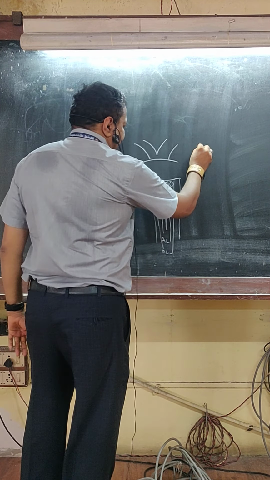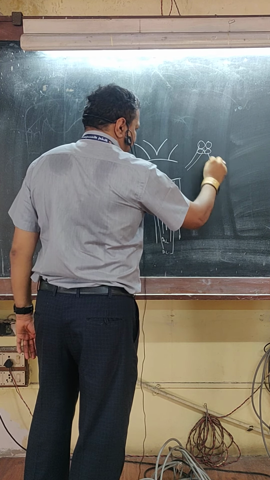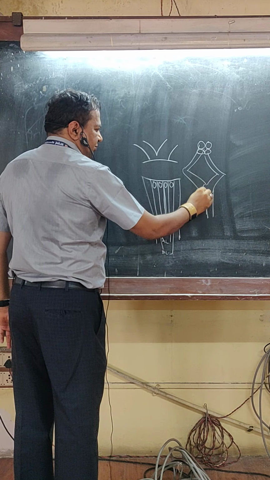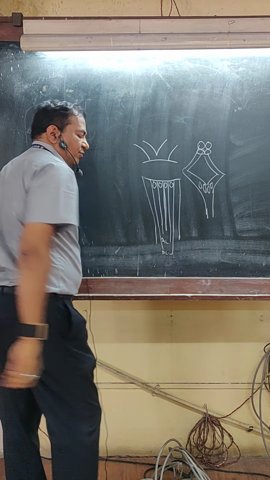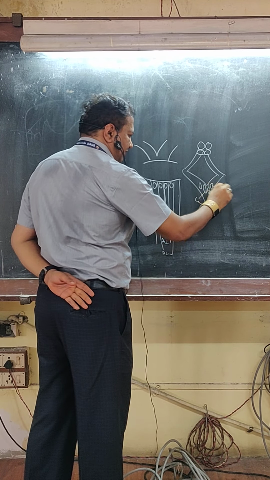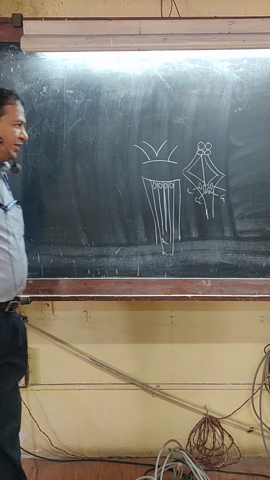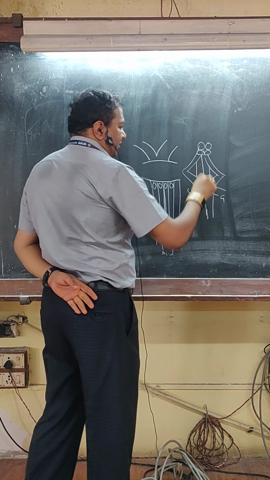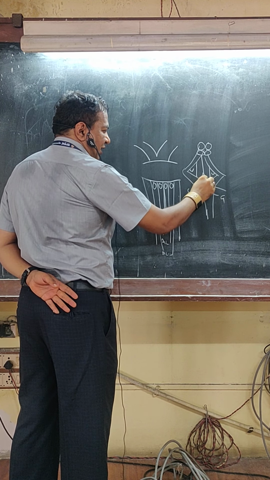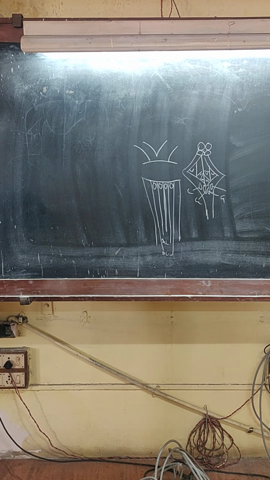When we look at the posterior aspect of the brainstem, it looks something like this. Midbrain looks like this. Pons and medulla in the upper portion are open, and on the posterior aspect also there are swellings, 4 swellings. Gracile tubercles and cuneate tubercles. Then this is the median sulcus, floor of 4th ventricle, right? Then this is sulcus limitans. Then these are vestibular areas, and here we see hypoglossal triangle and vagal triangle.